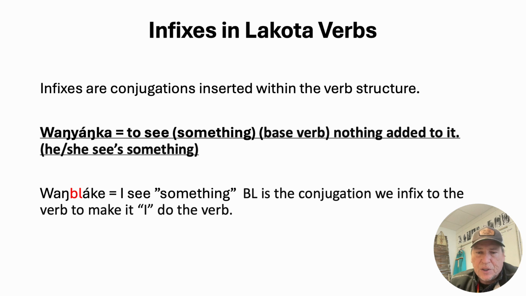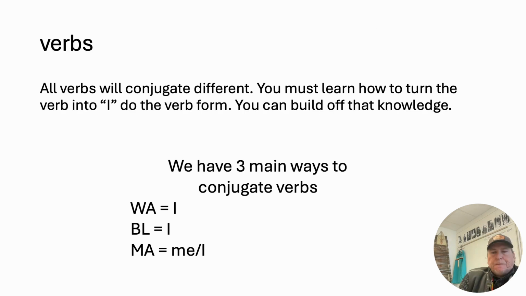The mbl is the conjugation, and that means I am doing the verb. And we infix that into the verb to make it I do the verb. The reason the verb we just did, wayanka, became wamblake, and the first verb was chi, and we added wa to make it wachi, I want,